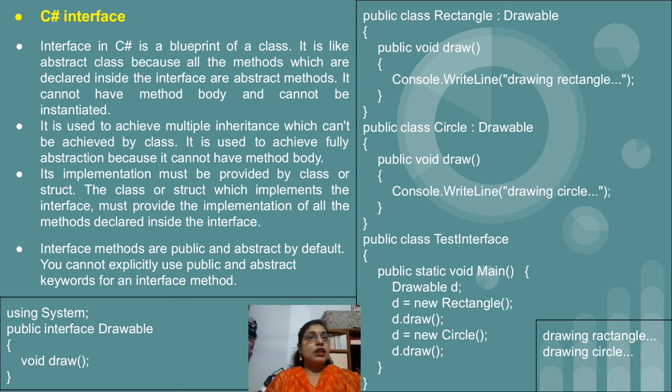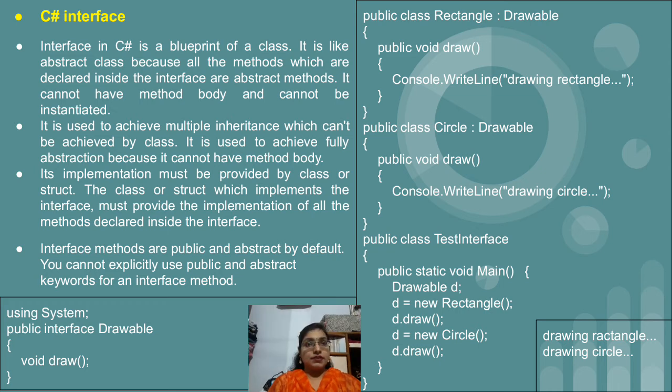So again we have one more class, that is Circle, which again inherits the Drawable interface. So we have to define the method of the Drawable interface inside the Circle. And after that, like in the case of an abstract class, as we cannot create an object of an abstract class, similarly we cannot create an object of an interface also. So here we have just declared the name with the object, that is Drawable d, and then we pass the object or address of the Rectangle and Circle classes, and then we call the draw method of the respective classes. And this is the reason why we got the output as drawing rectangle, drawing circle.